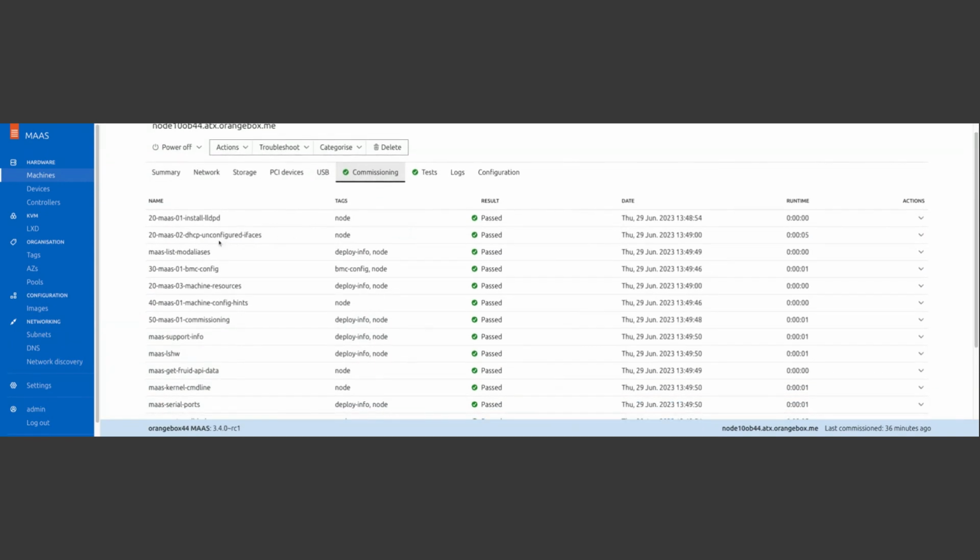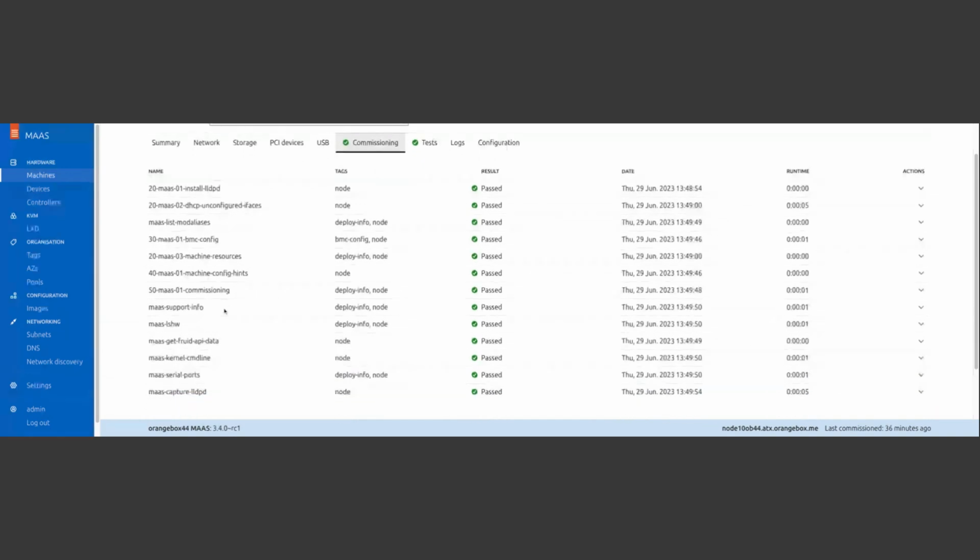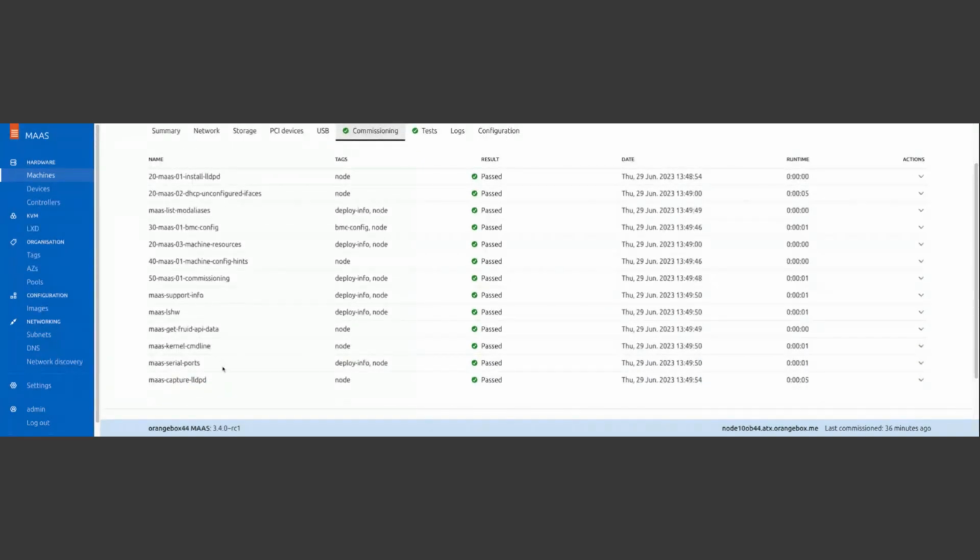It does a few different things. It installs some binaries out there to help it better understand how it's connected. So LLDPD will tell you what switch and what port you're connected to from a network standpoint. We'll go ahead and get the dump of the ports, the disks, and everything. But we kind of look at this